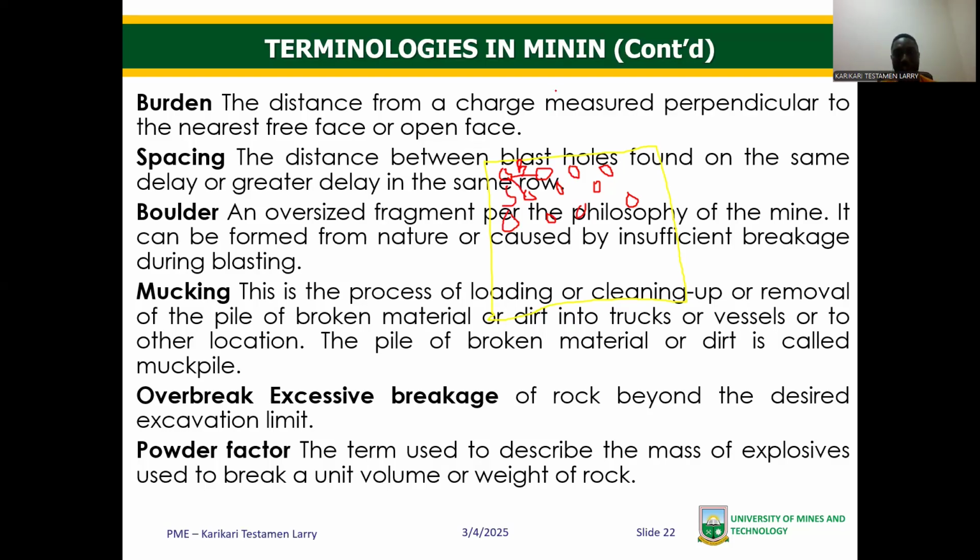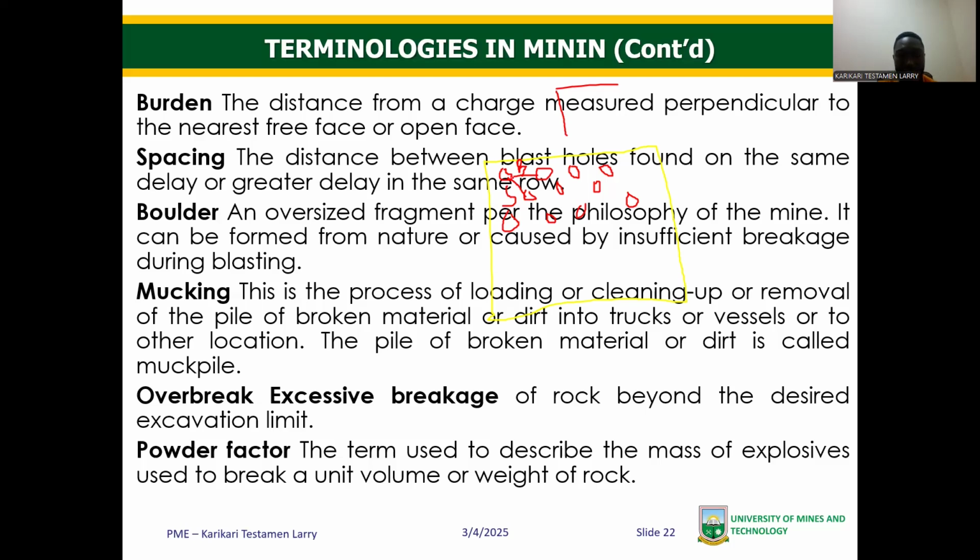So it is burden and spacing. If there's a distance between this blast hole and this blast hole, this distance we call it burden, this distance we call it spacing. So you can go to your mine and they will say, oh, the burden and spacing we are going to fire. And then the design for this particular blast, the burden is 3.5, the spacing is also